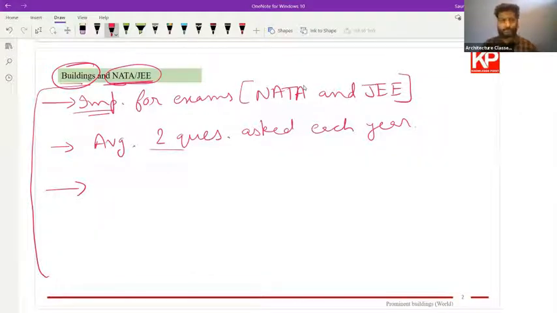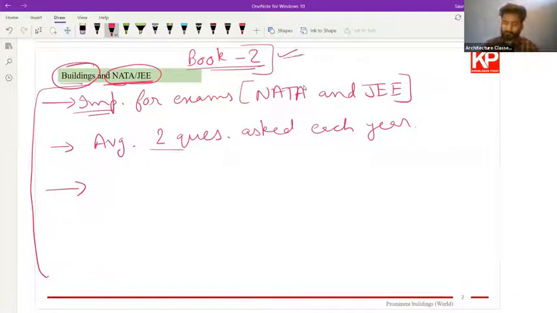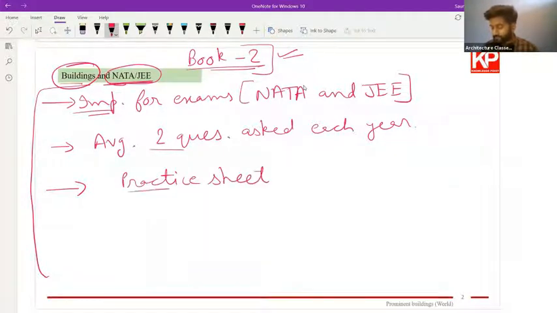Also, the procedure that we follow: I'm taking this class, I'll be teaching you all this. After that, the study material, book 2. This topic you will see in book 2. You can access the book and read about all these topics. Book 2 is already uploaded there. Also, I have uploaded a practice sheet. After this class, go and try to solve this practice sheet. See if you are able to solve it completely and how accurately you can solve it. If you face any difficulty, you can directly contact me.